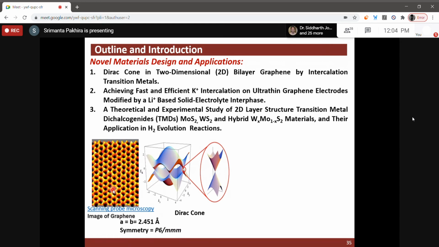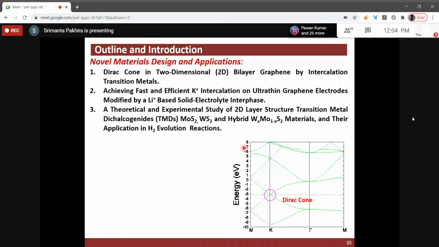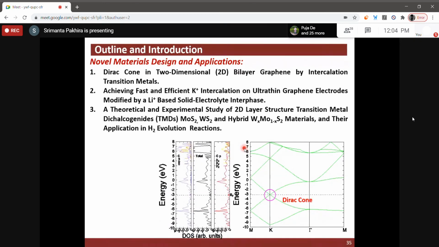They showed that they synthesized it, and they also studied that it has a Dirac cone. If we plot the band structure in k-space, which yesterday I was discussing, it looks like this. This is the conduction band, this is the valence band. You will see that at the K point here, here, maybe many other places, it forms a cone, like a cone. In that cone, what happens is the bands are just exactly touching the Fermi surface and form a 3D cone. This cone is called the Dirac cone. So we started the Dirac cone yesterday when I was discussing. This is the way we did. This is the Dirac cone part.